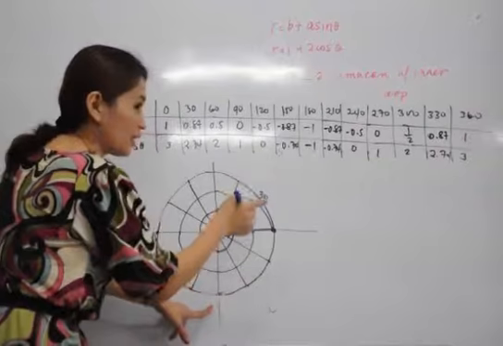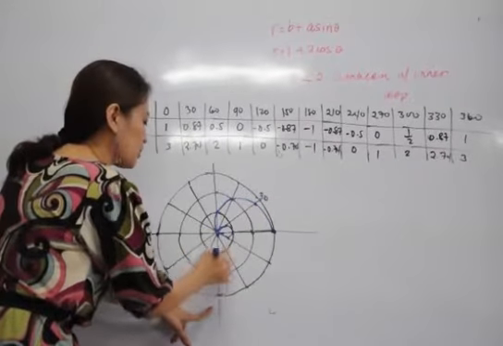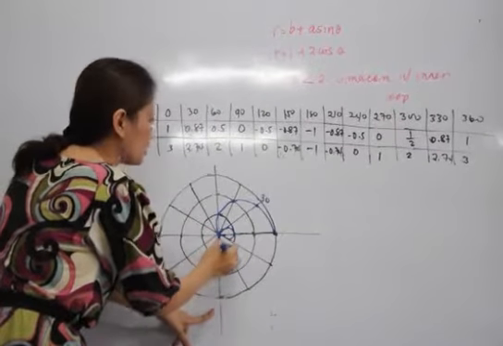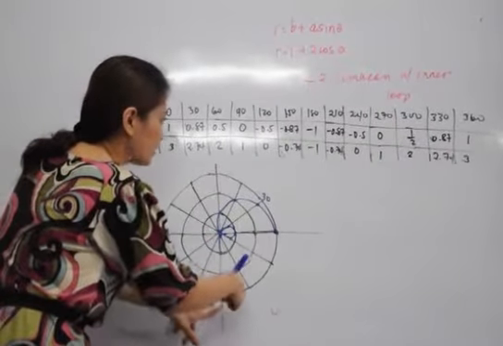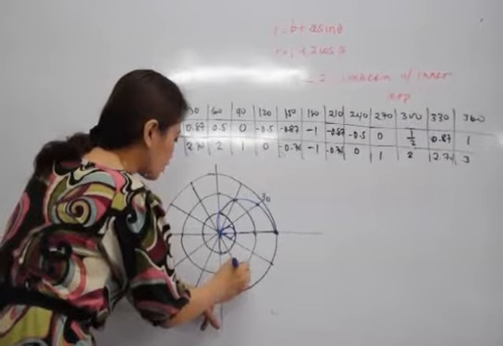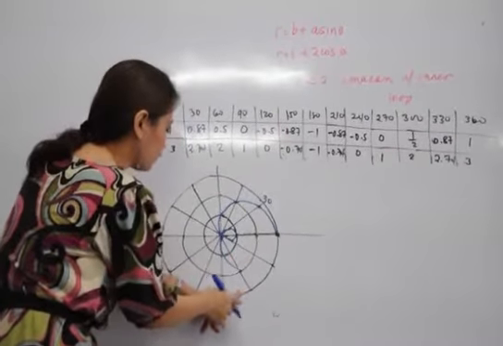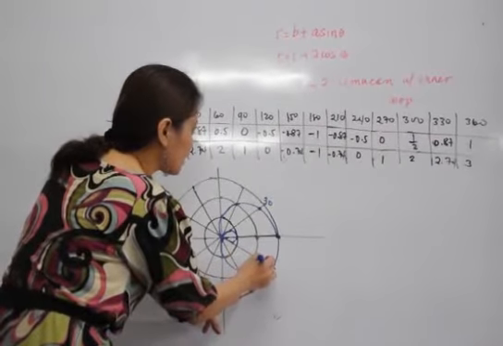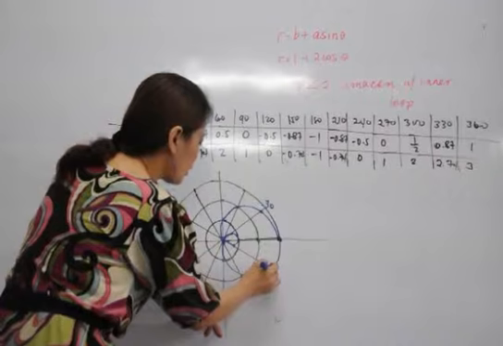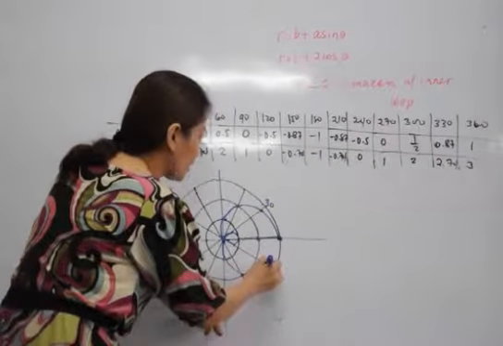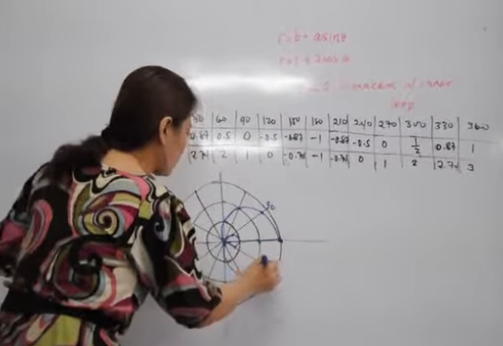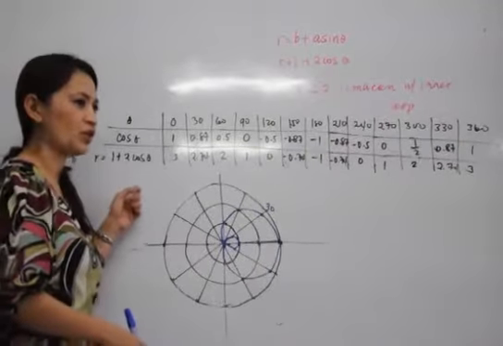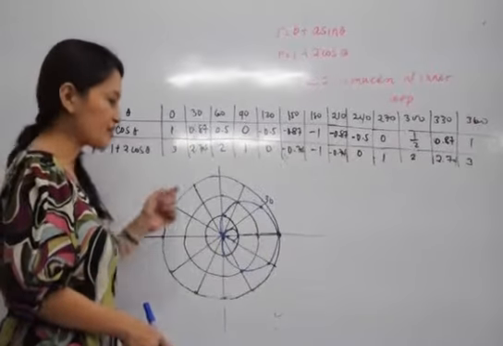And then for 270, that's equivalent to 1. Note that the radius is positive, so it will fall on the terminal side of 270. And then for 300, that will be 2, positive, so alongside the terminal side of the vectorial angle, and then 2.74 for 330 degrees. Connecting it again, you go back to a radius of 3 when the angle is 360 degrees. So therefore, this is a graph of a limacon which has an inner loop.